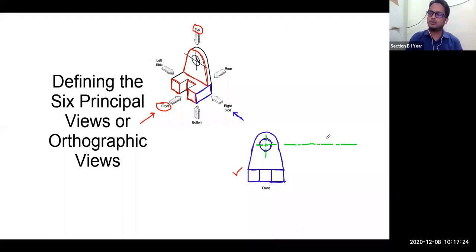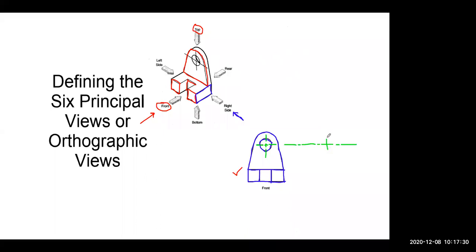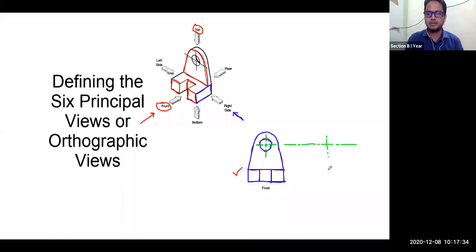You can see that it is intersecting at this location. Please mute yourself, some noise is coming from the background. So this is how your center line looks.